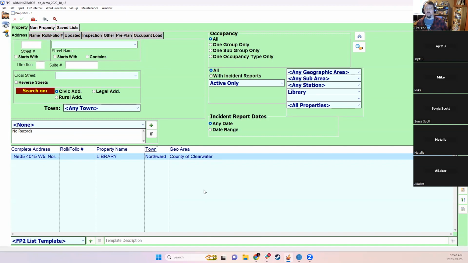Now, another problem that you might have with property records is that in some contexts,